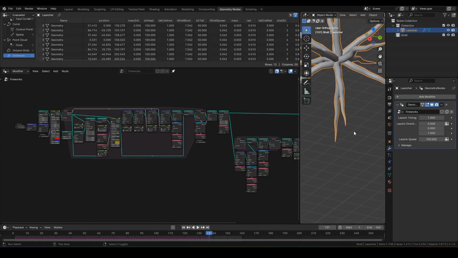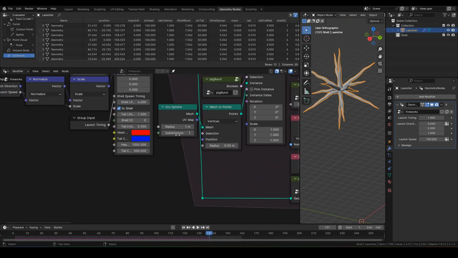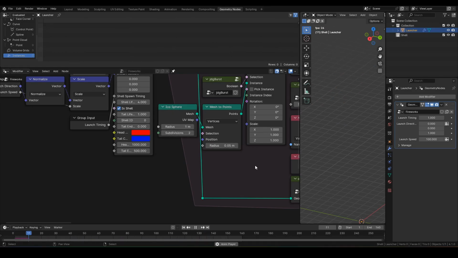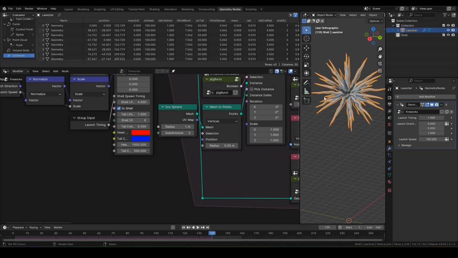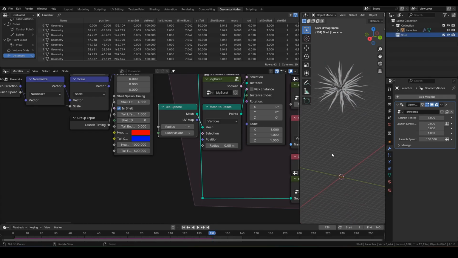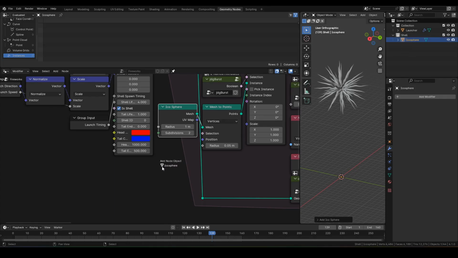As you may have noticed, the shape of this firework is currently determined by this icosphere. So if I were to increase the subdivision to 2, number of stars will increase along with the increased vertex count. This also does not need to be a geometry node generated icosphere. I'm going to add an icosphere to shell collection and drag and drop in the map. If I connect this object info node up to mesh to points, then it will behave the same as before.